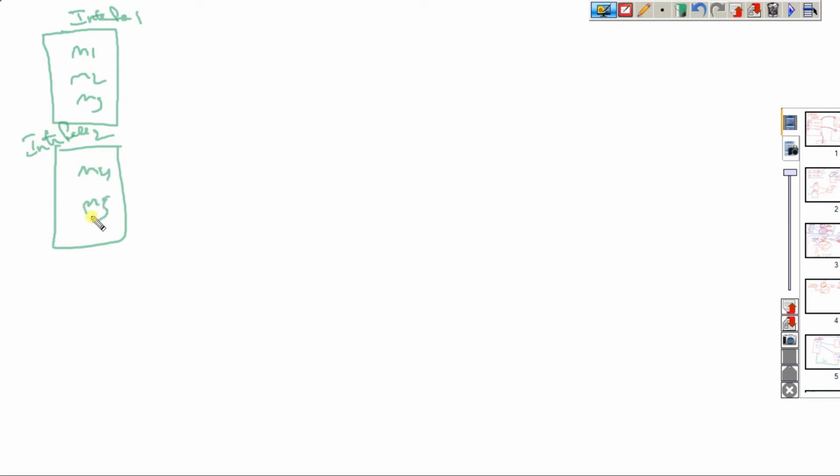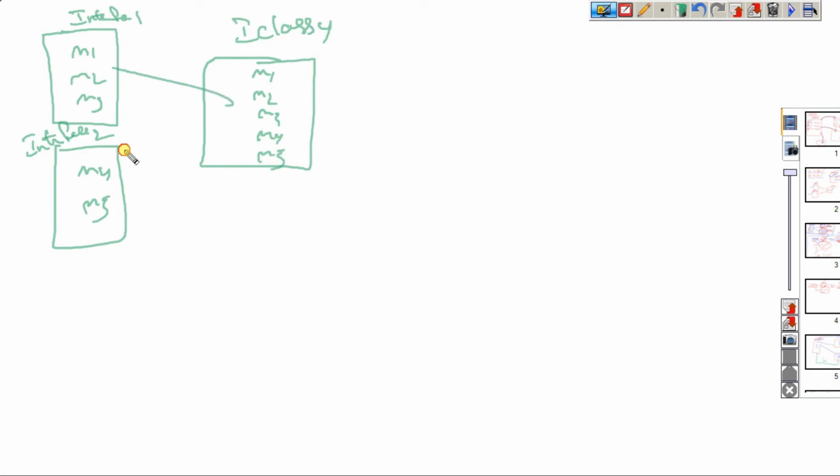Okay, that I can go for. For example, interface 1 has method 1, method 2, method 3, and interface 2 has method 4, method 5. These methods I can access in I class 4: method 1, method 2, method 3, method 4, method 5. So this is where they are implemented. What is my intention? If I want to access all these methods from the class onwards, but all these methods belong to two interfaces.